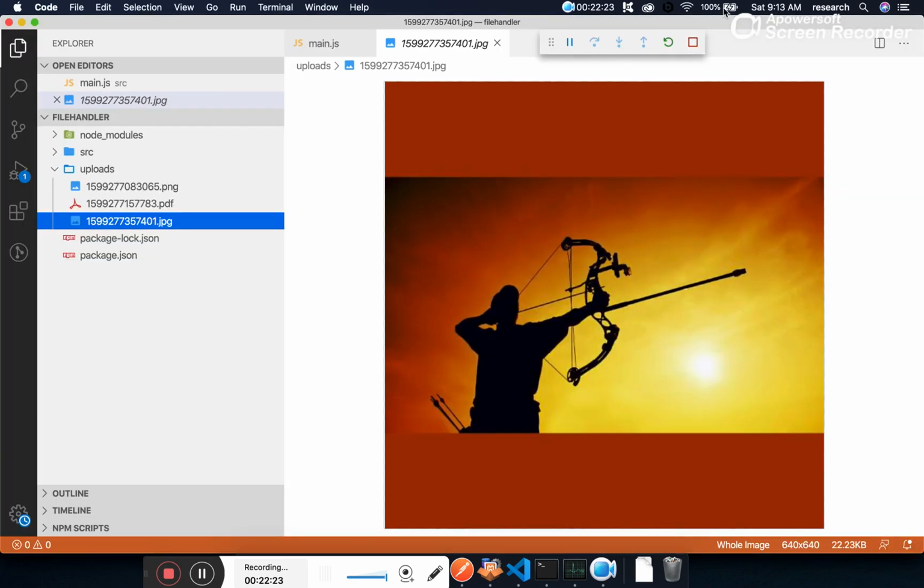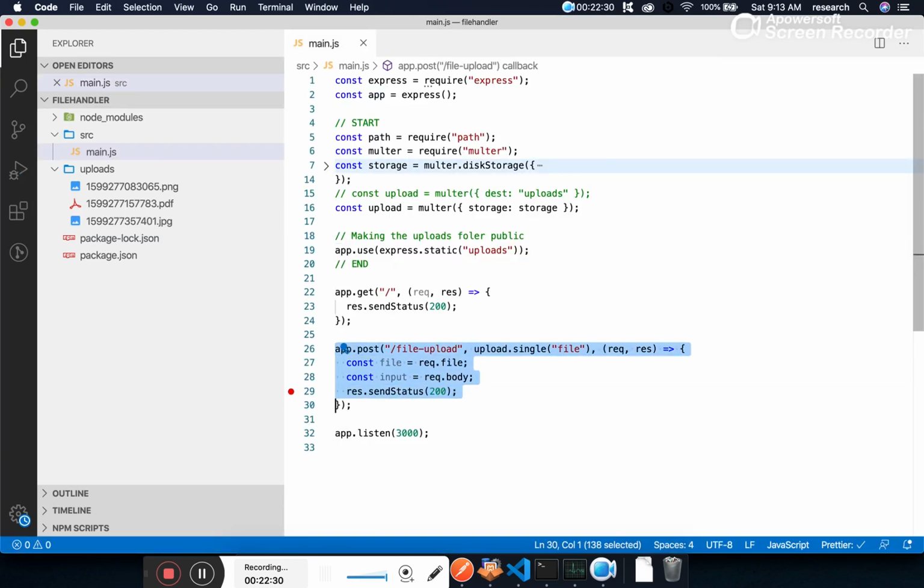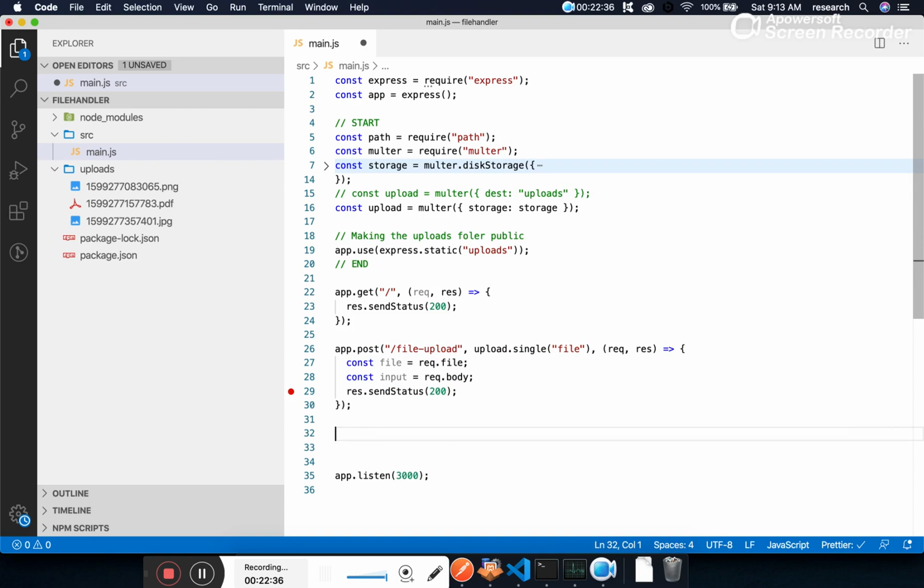Now before closing the session, one more thing I would like to do. Till now we are uploading a single file. While using Facebook and some other platforms, they give us an option to upload more than one file. So if I want to upload more than one file, I will simply copy this.